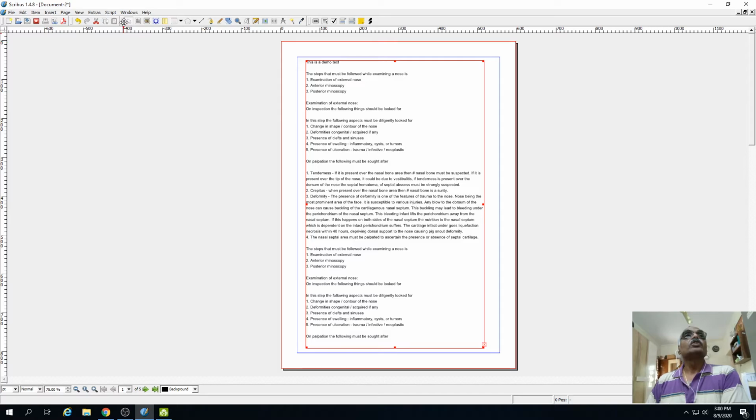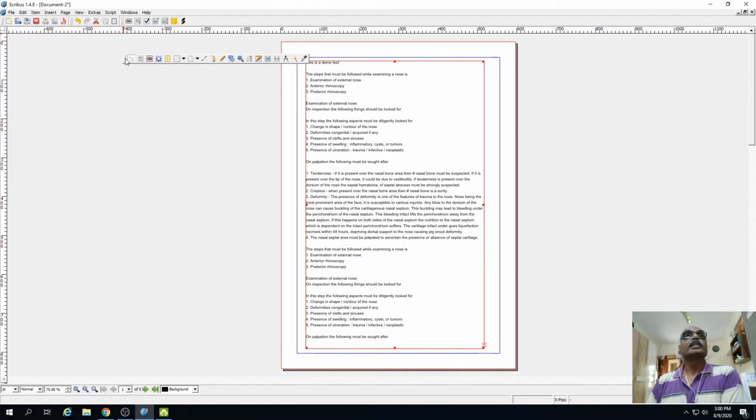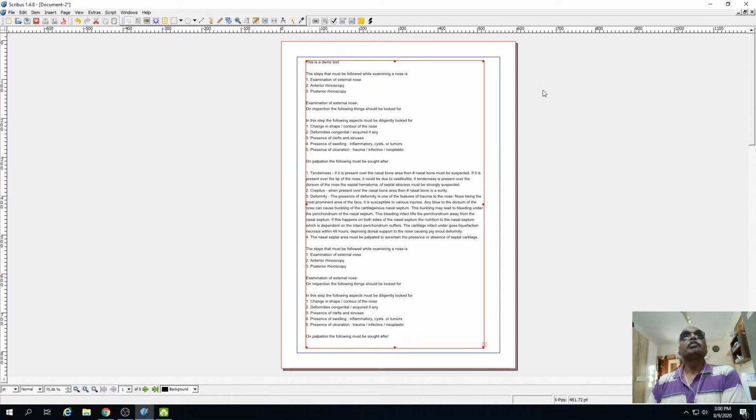So here, whenever you see two lines, it tells you that you can drag the toolbar, detach it, and keep it wherever you want. If you keep your cursor on a tool, it will tell you what exactly the tool is meant for. For example, here just click it, it will open a document. Next, if you click here, it will create a new document. This will save the document. This will close the document, and this will print the document.